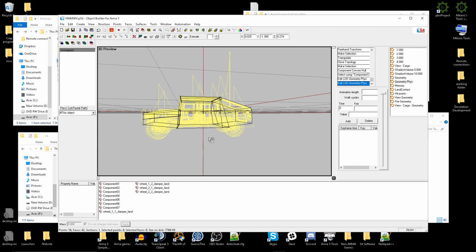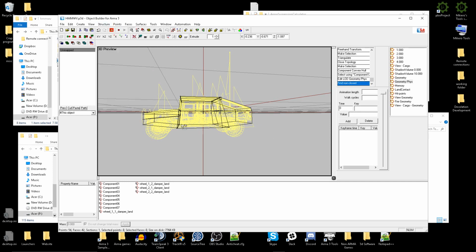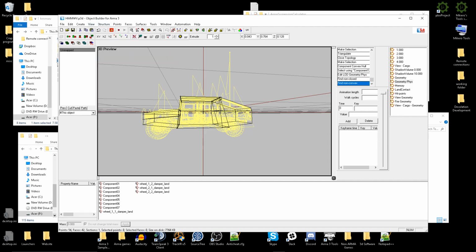It's already component convex hull because it's an Arma 2 object which had geometry, so that's already been done by Bohemia. You can always check that. I always advise checking, and you can go through here and find non-closed. There's nothing red, so it didn't find anything non-closed, and you can find non-convexities, and it didn't find any non-convexities. And that just tells you that your